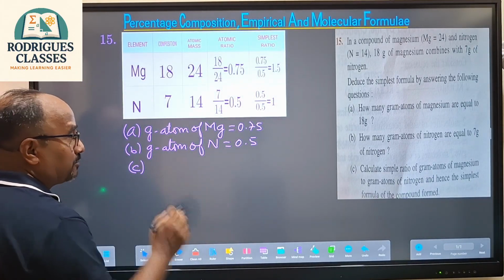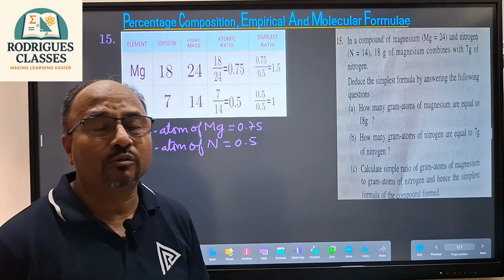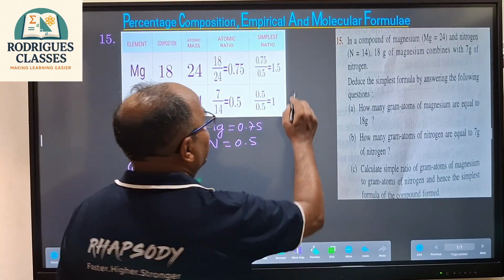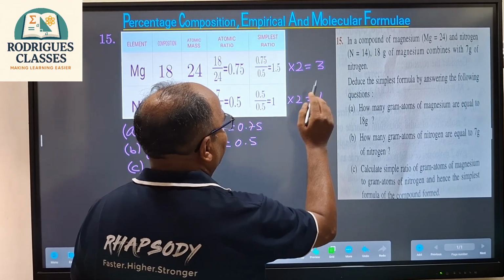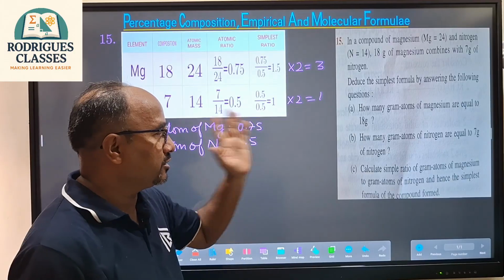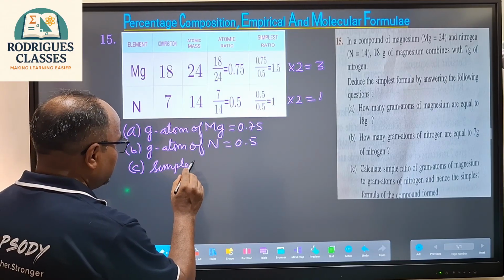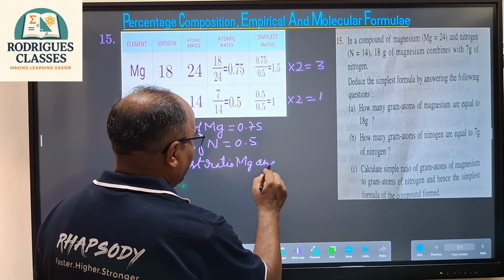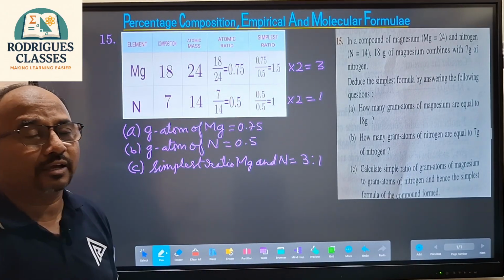तो ये ए और बी का पार्ट हो गया। अब सी को देखते हैं, तो इसमें सिंपलेस्ट रेशियो निकालना है, तो सिंपलेस्ट रेशियो जो है ये तुम्हारा 1.5 इंटू 1 आया है, लेकिन 1.5 में नहीं रखना है, ये हम लोग सीखे हैं। तो हम लोग यहाँ पर क्या करेंगे, इसको इंटू 2 करेंगे तो ये 3 हो जाएगा, तो यहाँ भी इंटू 2 करो, ये 1 हो जाएगा। ठीक है। तो इसका मतलब मैग्नीशियम और नाइट्रोजन का जो सिंपलेस्ट रेशियो है वो 3:1 है। तो हम लोग को पूछा है, तो इसलिए हम लोग उसको लिखेंगे सिंपलेस्ट रेशियो ऑफ मैग्नीशियम एंड नाइट्रोजन इज इक्वल टू 3:1। तो उसको डेसिमल में नहीं लिखना है, ठीक है, होल नंबर रेशियो होना है।